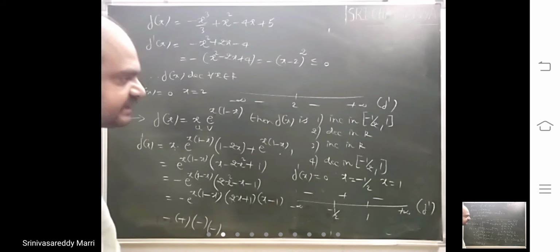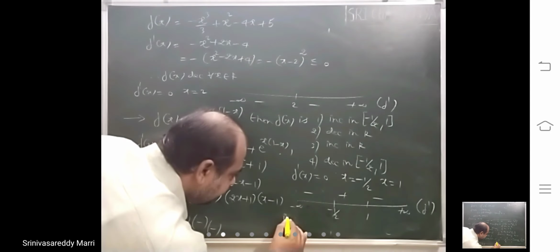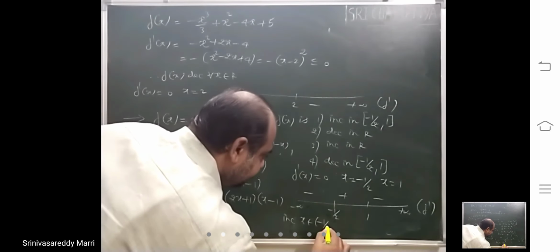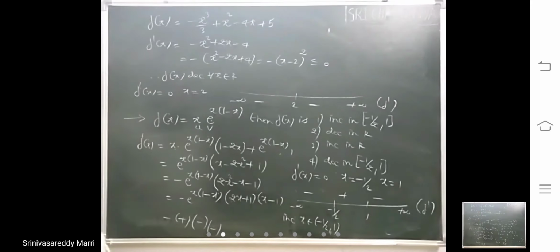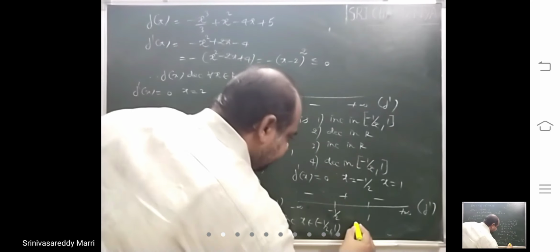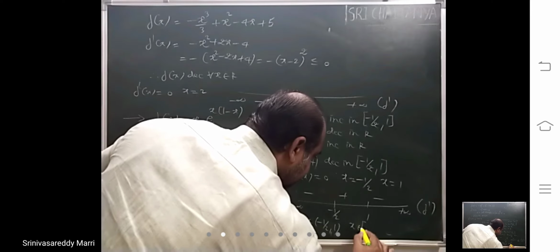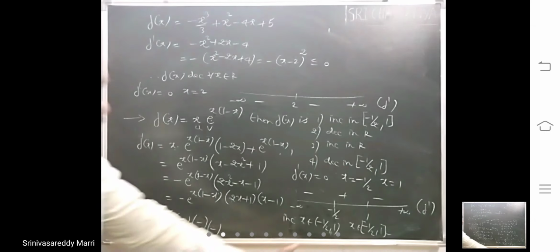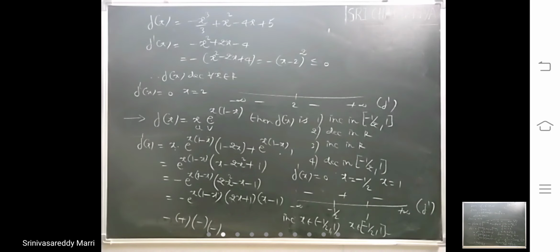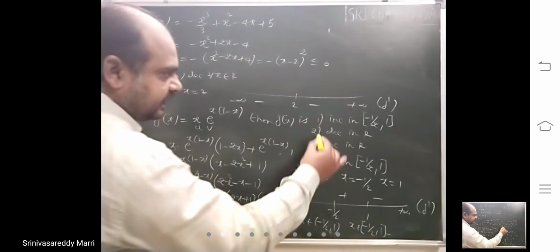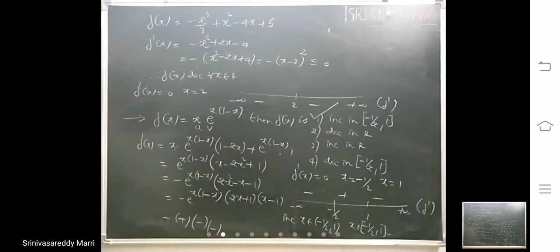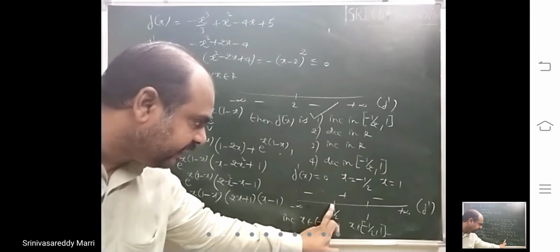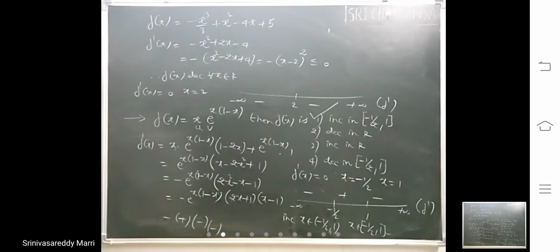That means it increases, in which interval? x belongs to minus 1 by 2 comma 1. Right? He has given a closed interval. Therefore, I told you now, if it is given closed, then also it is correct only, because at these two points the derivative will be 0. So that means it increases in minus 1 by 2 comma 1. Decreases in, this is wrong, because it decreases in minus infinity to minus 1 by 2 union 1 to infinity.